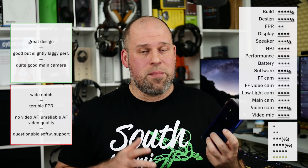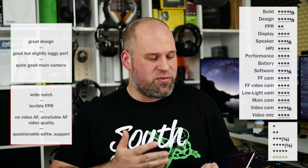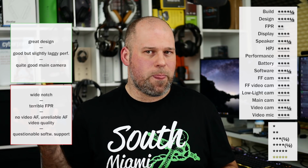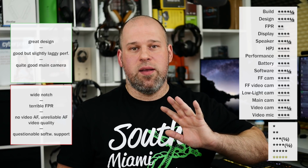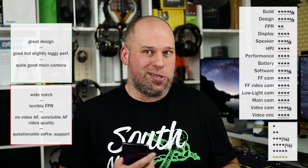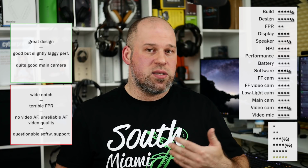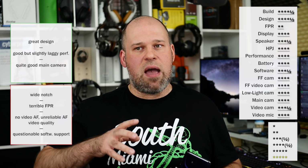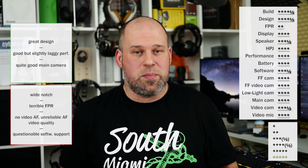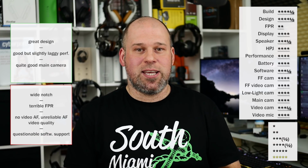So if you get this phone, maybe like in a few months, I don't know when you will see this review, for noticeably cheaper, it's not bad. If you, for example, get it for maybe like 200, I mean, yeah, don't expect too much from the camera in terms of bokeh or video. But the main camera for photos is actually quite good. The speaker gets the job done. The performance is okay, but a little bit more laggy. Battery life is solid. The display is okay, maybe not so much video. So everything is good. But also everything has a little bit of something that just could have been better, and most often is better on other phones. Nothing else to say? Yeah,